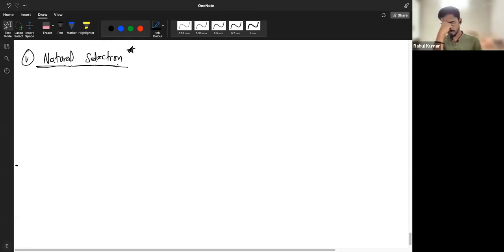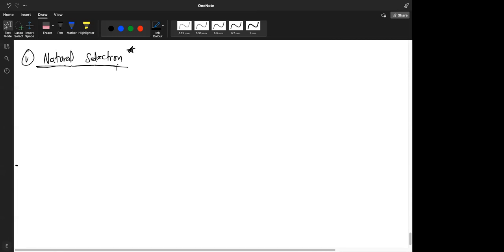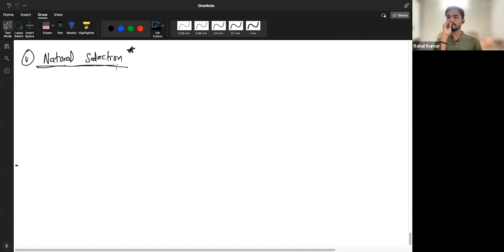What is artificial selection? Give an example. What is artificial selection, and give an example. It's just a separate question I'm telling you, not part of the natural selection part. Probably this can be asked as a 1 marker or 2 marker. So just know that: what is artificial selection, and give some examples. So you can write